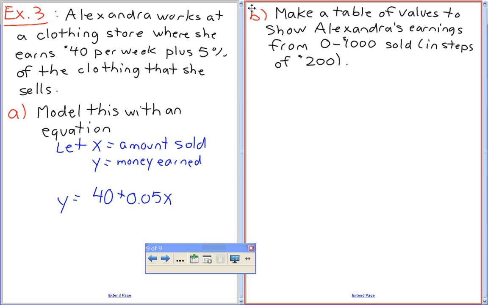So do this one just like the y equals equation. Make your table, and then you're going to have the point on the right. Part C is going to say graph when we get there, but I want you to make the table first. The X's are going to go down the left: 0, 200, 400, 600, 800, 1,000. You're going to sub it into your equation and then have a point at the right, like this. Yeah, exactly, and y equals